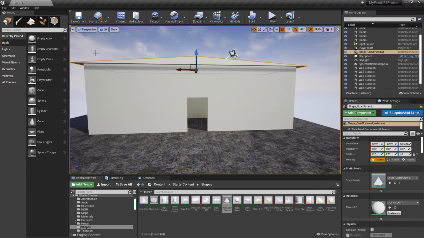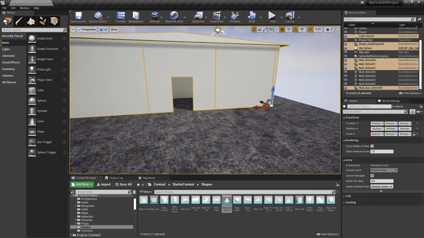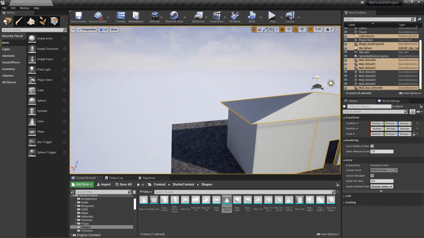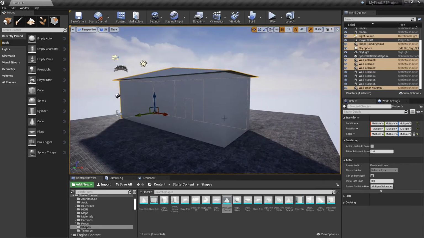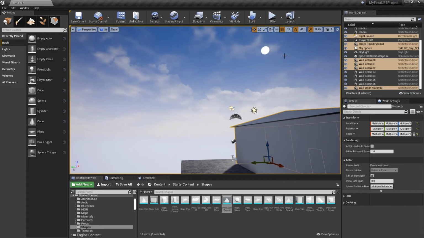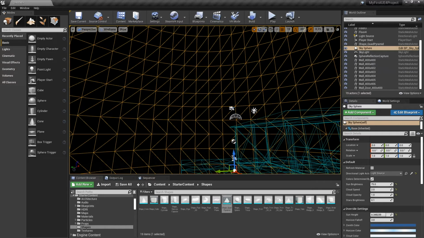So I'm going to hold down Control Alt, and I'm going to drag, and that allows me to drag a marquee. Now, usually it gets pretty much everything, but sometimes it doesn't. You can see it didn't get the back. Sometimes, if we look again at our wireframe mode, it got the sky sphere, which is not what we want. So let's just quickly go back.